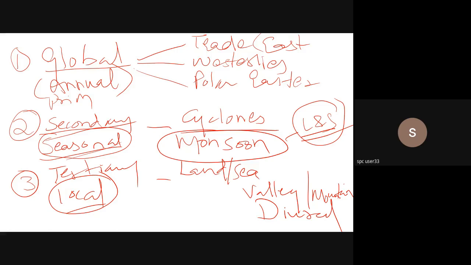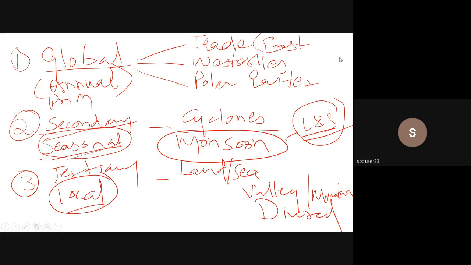You'll see that it's the only wind system of its kind in the world. That's why the monsoon is one of the most studied seasonal wind systems. Of all the winds, the monsoon is the most studied. The number of PhDs done on the monsoon is much higher in Europe than in India or the Indian subcontinent as such. There are scientists who work in what are called working groups, and they work together. So this is as far as the wind systems are concerned.